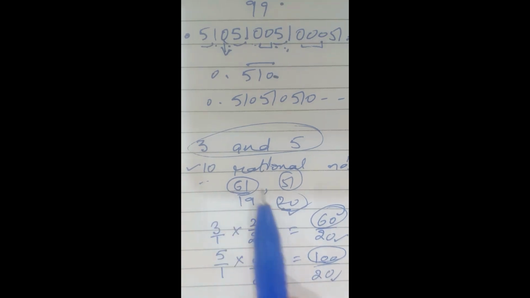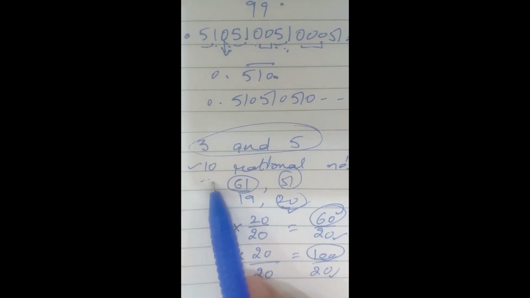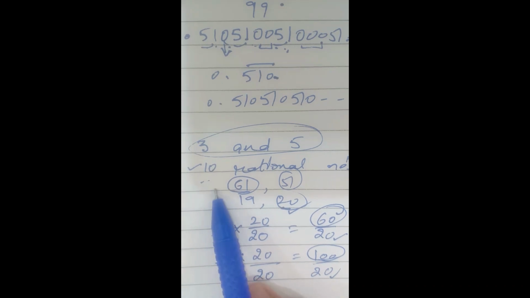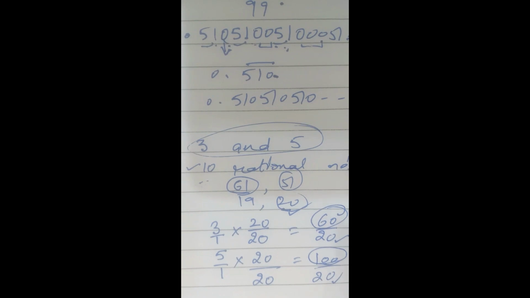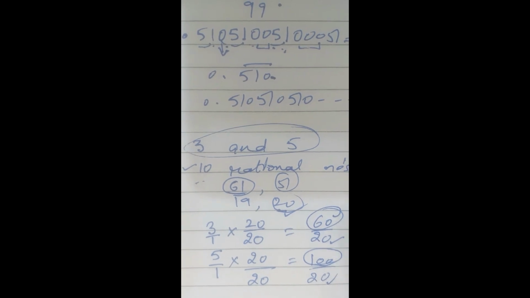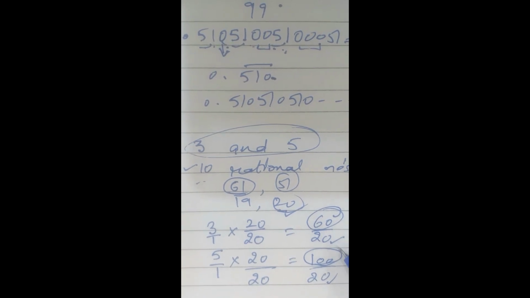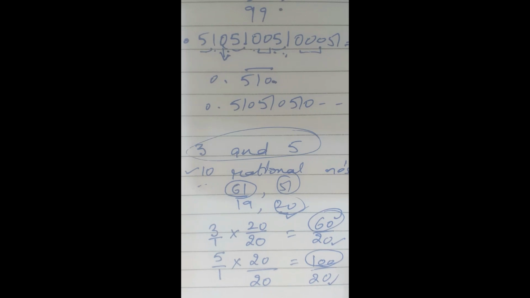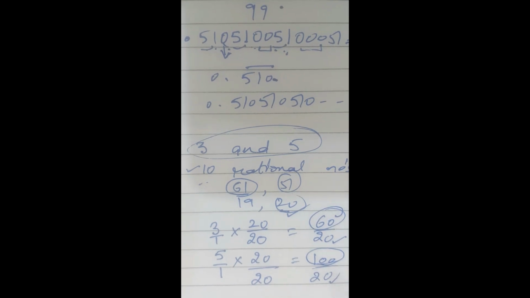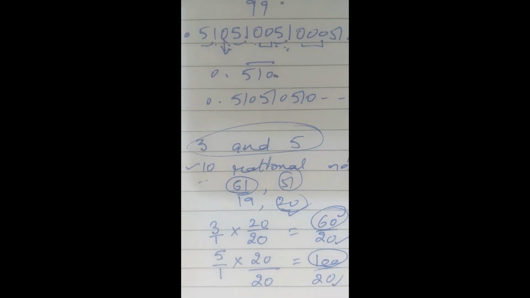But not 9. You may choose number 11, 12, 13, any number of your choice, maybe 100, maybe 1000, anyone, right? And you will be finding these rational numbers, whatever rational numbers you wish to write, you can write easily. Clear? So this is the way to write rational numbers between two rational numbers.